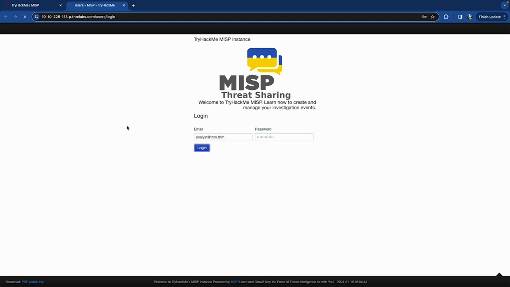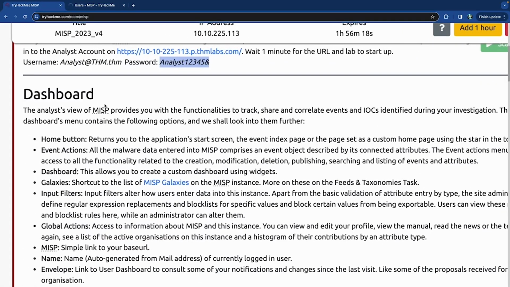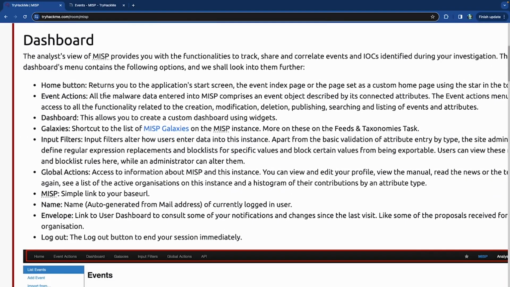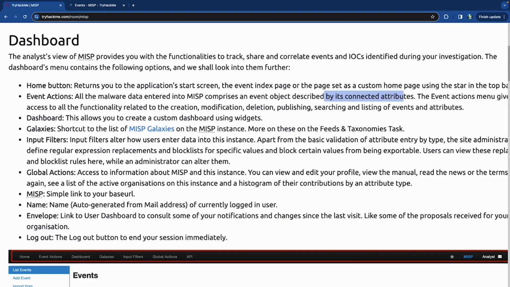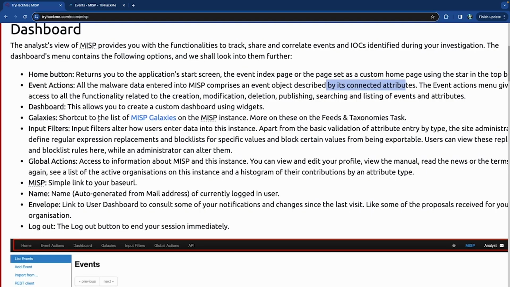Let's log in here. And so we got the dashboard, which is the home button, obviously event actions, all the malware data entered into MISP comprises an event object described by its connected attributes. Event action menu gives access to all the functionality related to the creation, modification, deletion, publishing, searching, and listing of events and attributes. Then you have the dashboard, you have galaxies, shortcut to the list of MISP galaxies for the